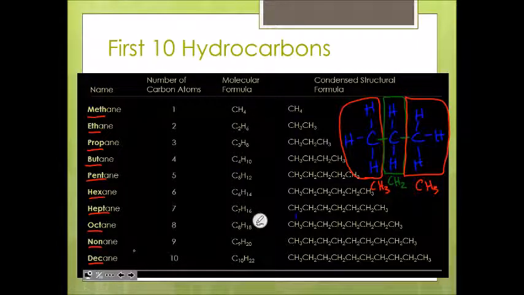For instance, this is like 1, 2, 3, 4, 5, 6, 7. That's heptane. The first end has a CH3, the last end has a CH3. Everything else in the middle is going to be CH2 groups, repeating CH2 groups, because they have to bond to either carbon on either side. Now the hydrogens, of course, complete the octets of the carbon. That's how you know how many hydrogens to add around the carbons to complete the octet of 8, you know, having 4 covalent bonds.